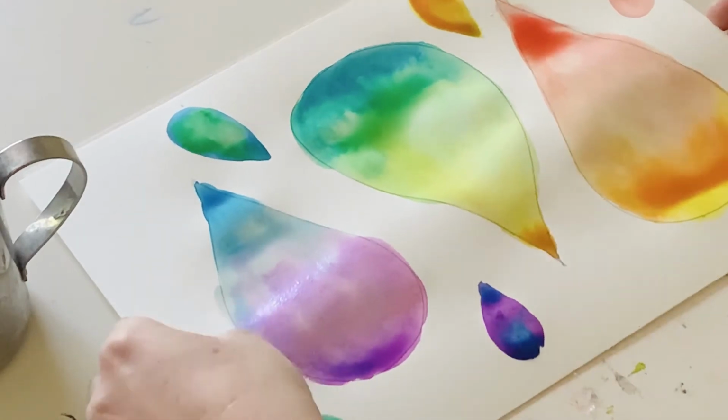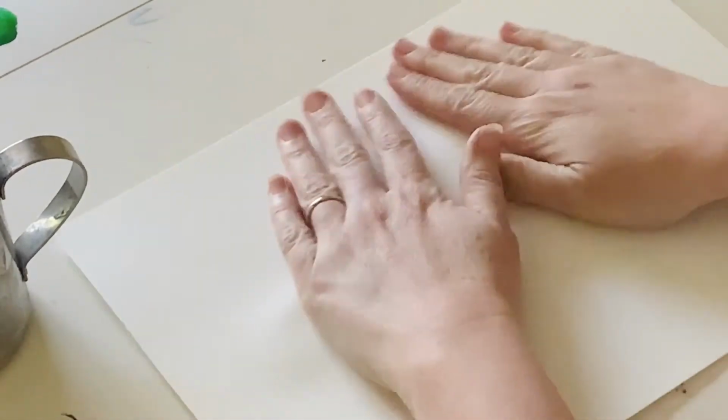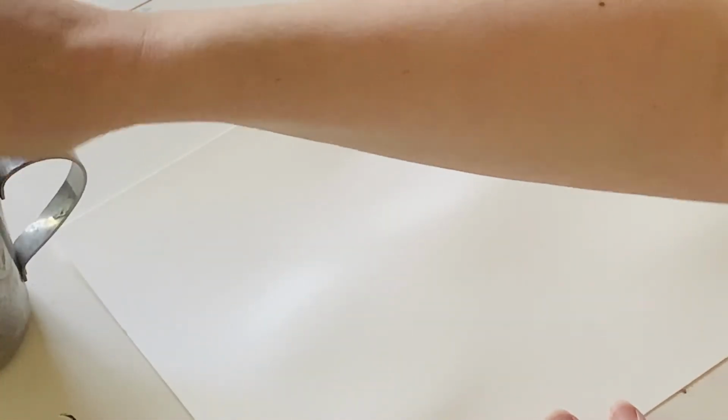Okay, so now I'm going to carefully move that out of the way to dry, and that's something we can work on in our next class to cut it out. And since we have one more piece of paper and a little bit of time, because that didn't take very much, let's talk about mixing colors. So if we take, let's see. So we know that if we take